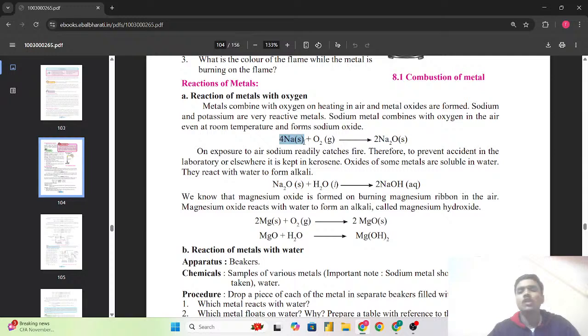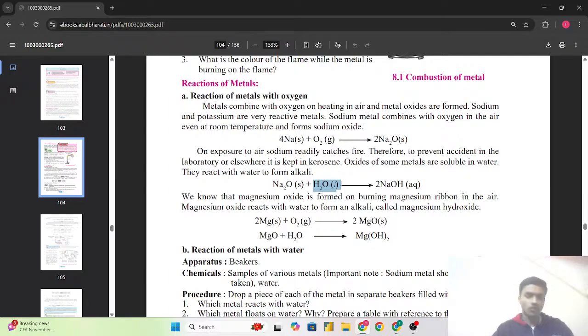Oxides of some metals are soluble in water. They react with water to form alkali. So, when sodium oxide Na2O, which is in the solid form, is reacted with water, which is in the liquid state, it leads to the formation of alkali, that is sodium hydroxide, which is in the aqueous state. So, from this we can conclude that when the metal reacts with oxygen, it leads to the